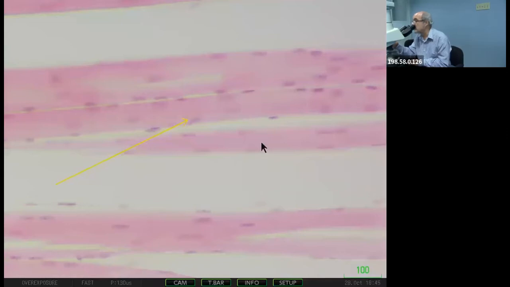Remember that you have different types of fibers, like type 1 and type 2, which can be differentiated in type 2A and type 2B. Type 1 is more or less for long distance running, like a marathon. Type 2B is more for sprint. Type 2A will be like for swimming. And remember that by training, you can modify the type of the fiber.